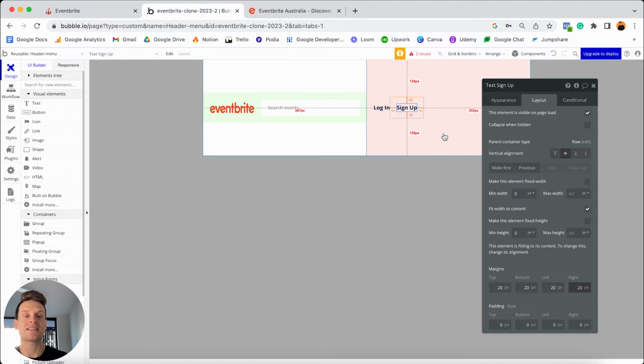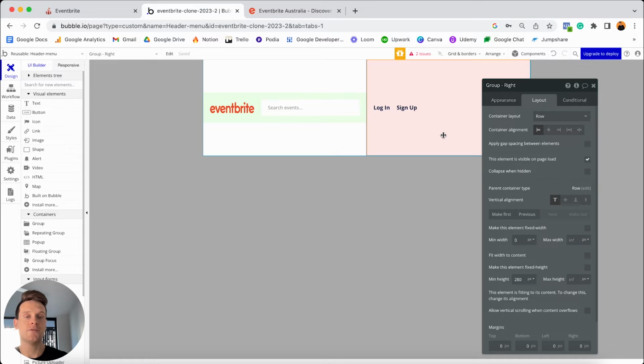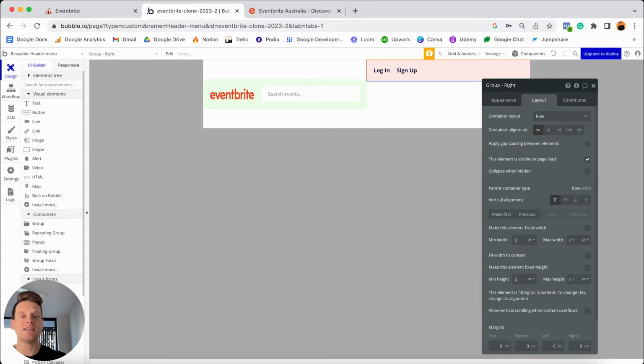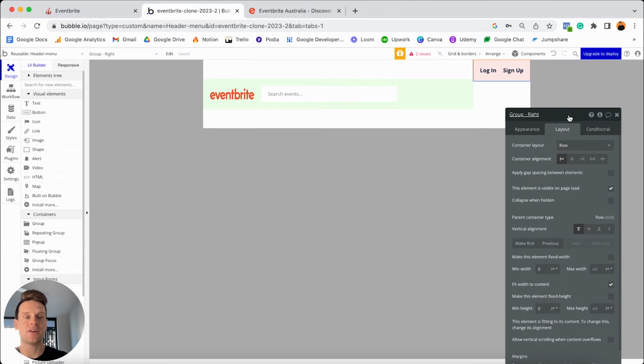And then from here, I'm going to select on the red group itself. I'll jump to my layout tab and I'll update the minimum height here to be 0. So that way it's now going to collapse around both of our text elements inside of it. And then while we're here, I'm also going to update the width settings once again. I'm actually going to select this option to fit the width of this element to the content inside of it. Because when you think about it, this red group here doesn't actually need much space on my page. It only needs to display these two elements. So it's pointless in it taking up so much additional space when it only needs this small caveat of my